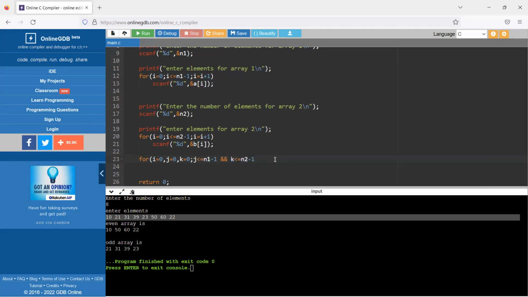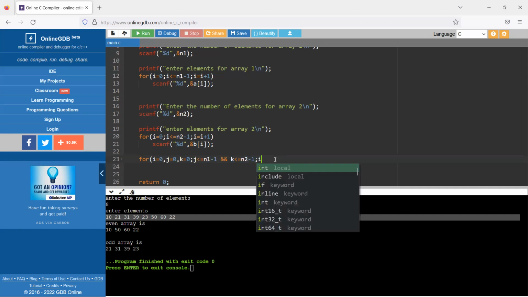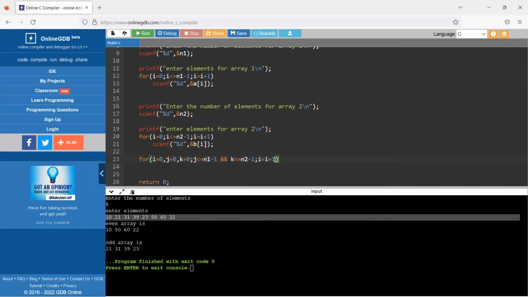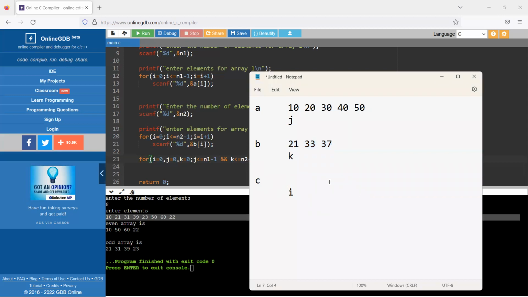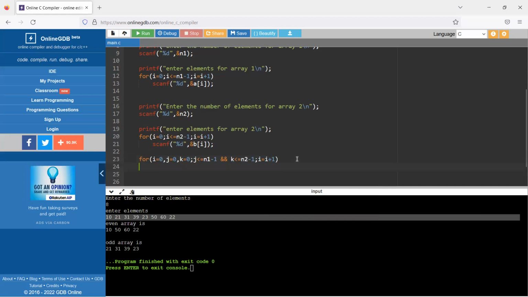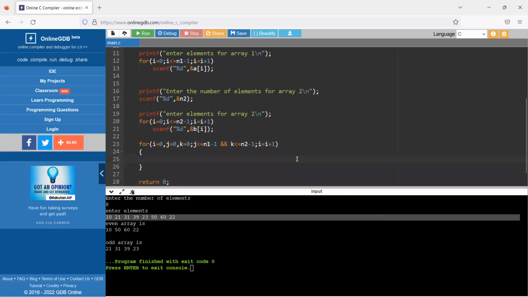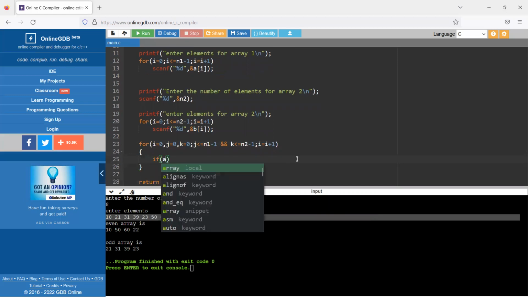And every time I will be incrementing I, because I is putting value into the third array. So obviously it has to be incremented every time, but there is no guarantee J will be incremented every time or K will be incremented every time. I will show you how. So now let me go very slowly. Now this is the time to compare. If AJ